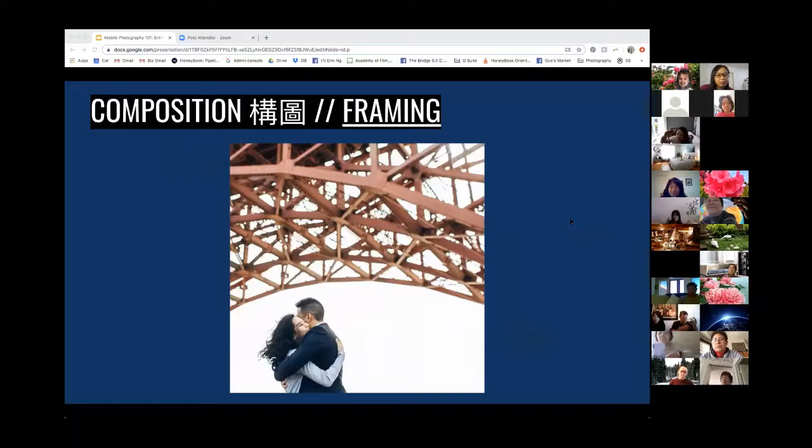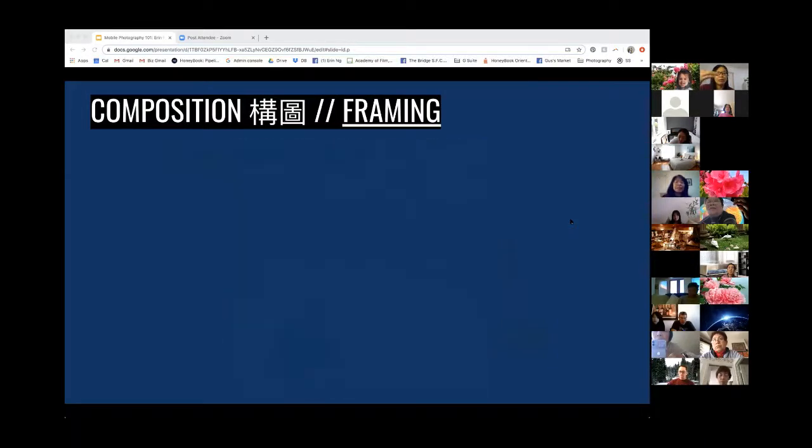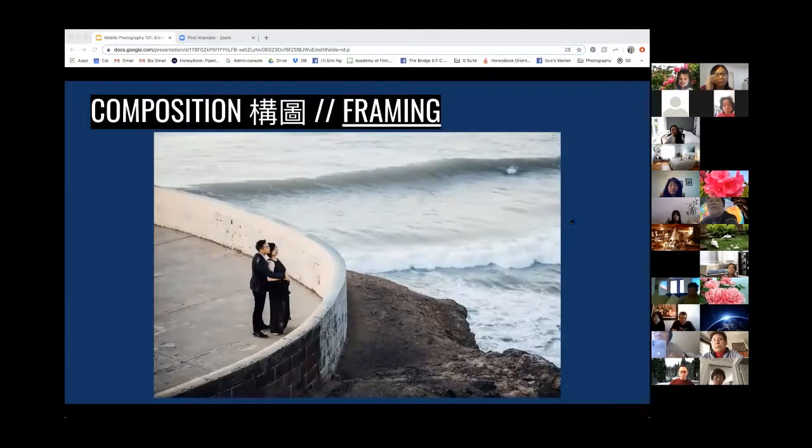It's kind of like a natural arch that was built, and I put the people right under it to highlight them. 另一個例子就係橋啦，好似呢一張相啦，嗰個橋喺上邊，而嗰個嘅夫婦咧就喺嗰個橋底下邊，佢就被突出嚟啦。